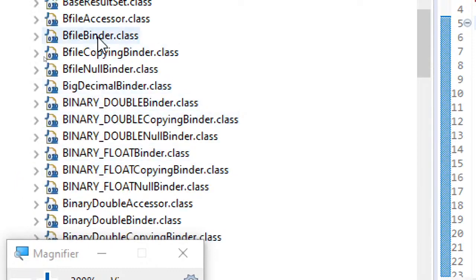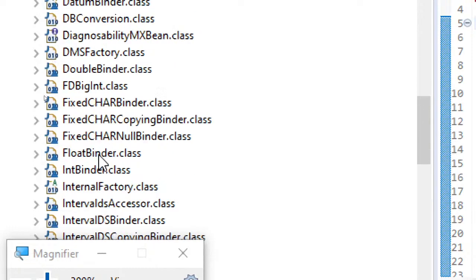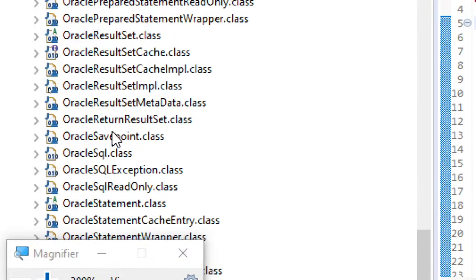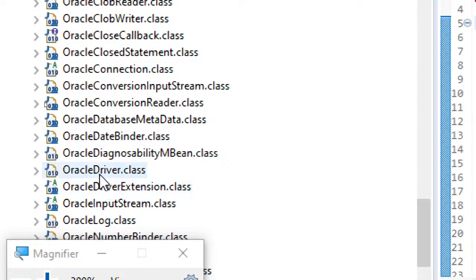If you expand that you can see these are all the classes that are available in this oracle.jdbc.driver, and here you can see which one we are using, this one we are using. So that is the reason it gave me the exception, since I haven't added this jar. It said ClassNotFoundException because I said Class.forName oracle.jdbc.driver.OracleDriver, and I haven't added this jar file. That's the reason it gave me the exception.